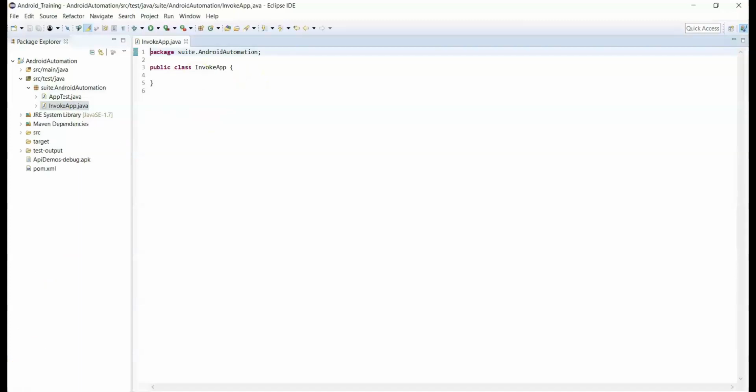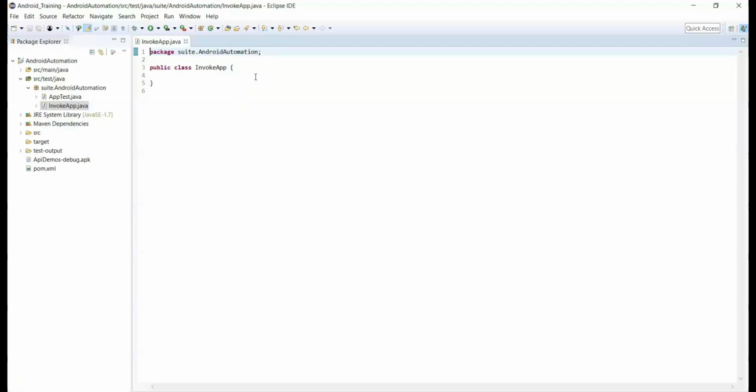Now firstly we need to talk to the Appium server, and then Appium server invokes the virtual device or physical device which is connected to the system. So for that you need to pass the information from client to the server. Then Appium server interprets that information and invokes the application on emulator or physical device. So there are few capabilities required to launch the application on emulator or physical device. So general information or capabilities required to launch the application are, so first one,